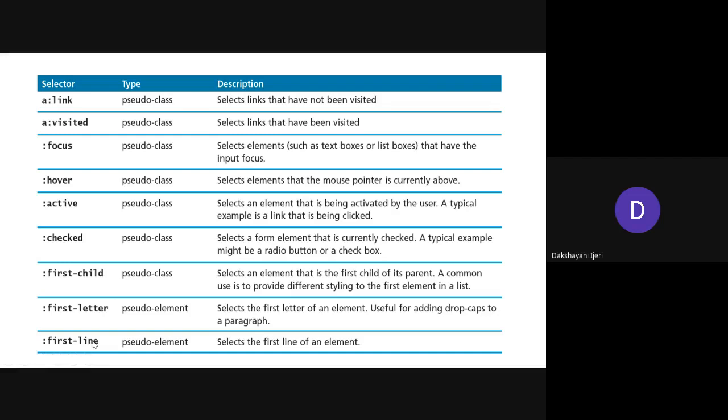Either it may be done with the division or the paragraph element, right? So, suppose within the paragraph, if you want to make the first line appear differently, or if you want to apply a specific style to the first letter, at that time you can use the selector ::first-letter. And if you want the first line to appear differently, you can use the ::first-line element. Okay, so right now you just understand for what purpose these are used. I'll show you how to use them and what difference they make when you run the HTML page. Is everyone clear with these types of selectors?